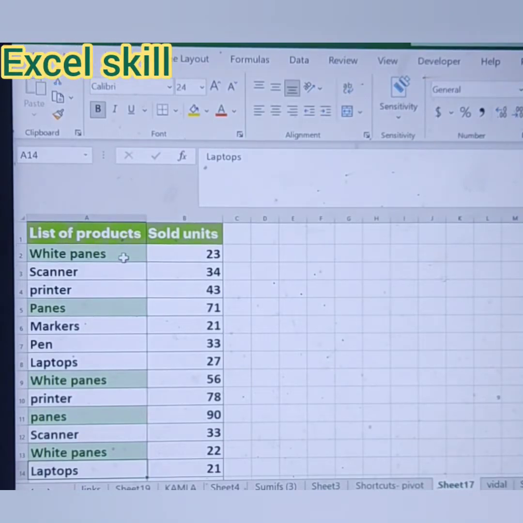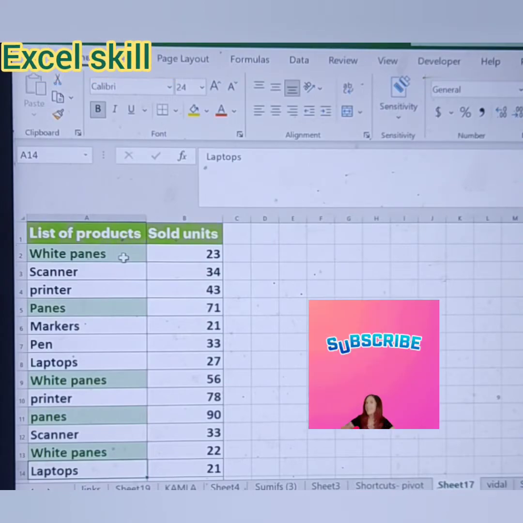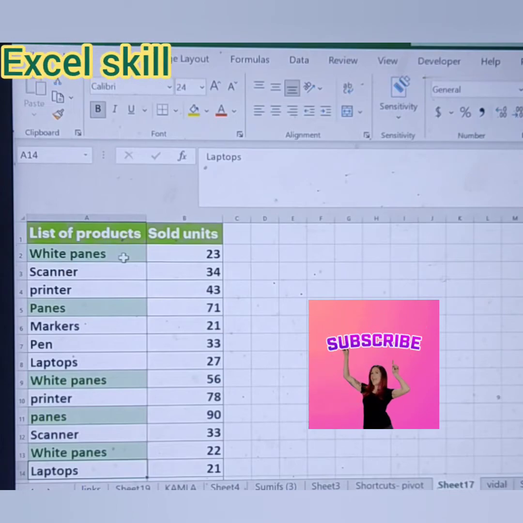In this way, you can utilize this formatting trick whenever you have to highlight any criteria in a list of